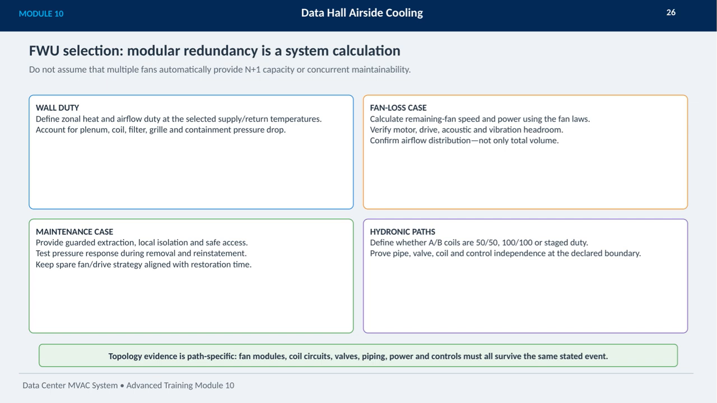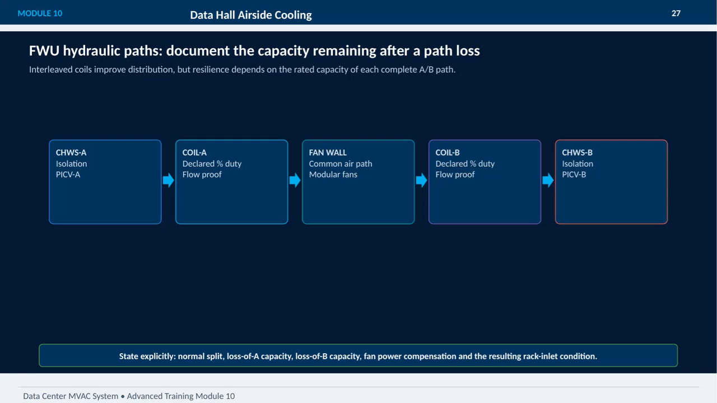Lastly, topology evidence must be path-specific. Fan modules, coil circuits, valves, piping, power, and controls all need to survive the same stated event, ensuring the system's resilience under failure conditions. On this slide, we focus on the FWU hydraulic paths and their role in managing capacity